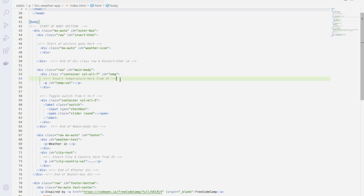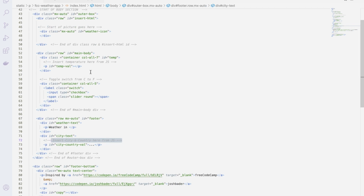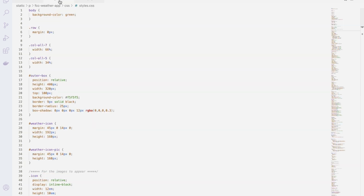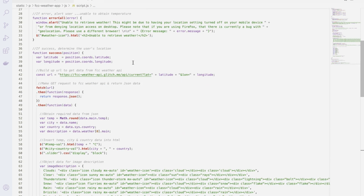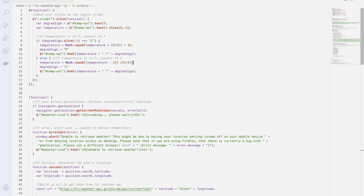And here, for example, this is where we'll get the temperature, and that comes from the JavaScript as well as the city and the country. So that's the HTML, so there really is not much to the markup. The CSS file is much bigger, but I'm not going to go through all of that. I do want to just go into the JavaScript, and you'll notice it's a little bit longer, but there's basically 3 functions. So this first one up here,